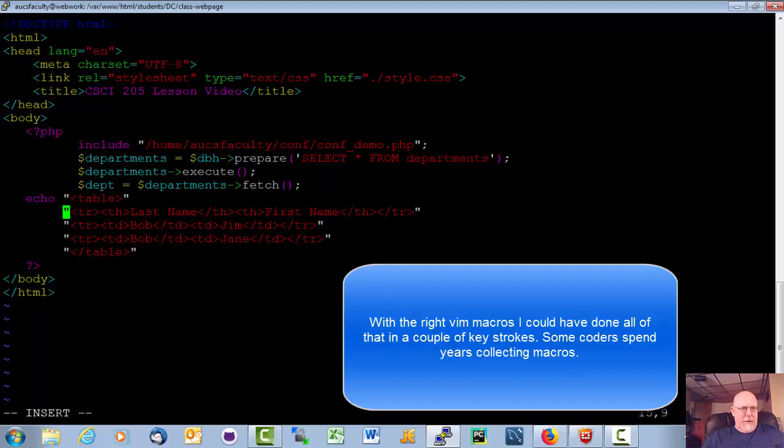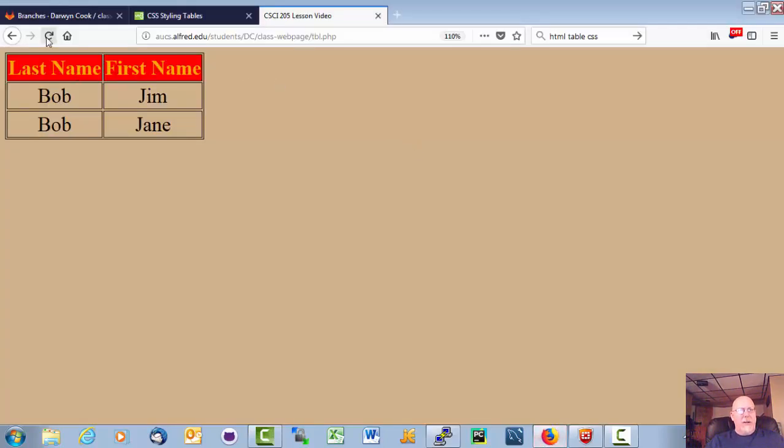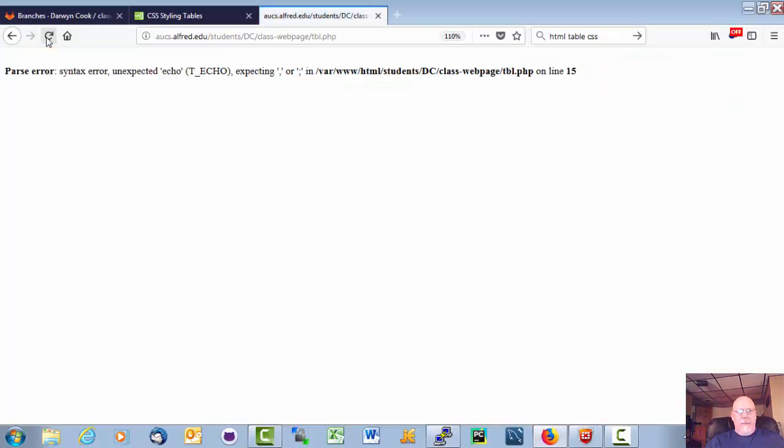Well, you know, I've changed my mind a little bit on how I'm going to approach this. So I can echo each one of these. And the way the echo command in PHP works, this is the same thing as having that table body down here as regular HTML. Okay, so let's take a look at that. I want to read out. And we shouldn't see any change in our, well, I changed the colors on the table, right? Well, except for the syntax error, we shouldn't see any